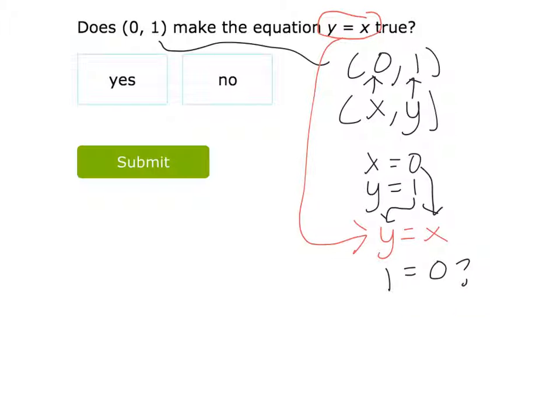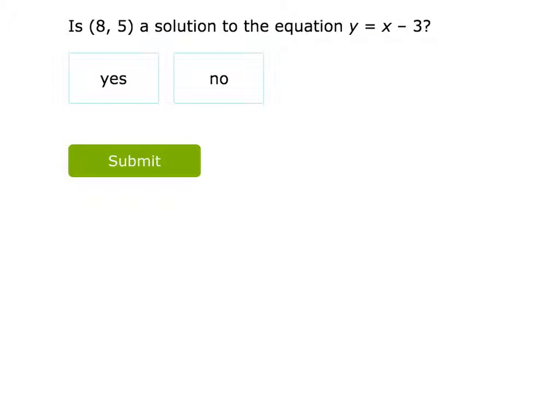Now take a look. Is it true that 1 equals 0? And the answer is no, because they have to be the same thing. So 1 does not equal 0. So in this case, I'm going to go ahead and select no, because 0 and 1 are not equal to each other. Alright, so for our next example, we have,